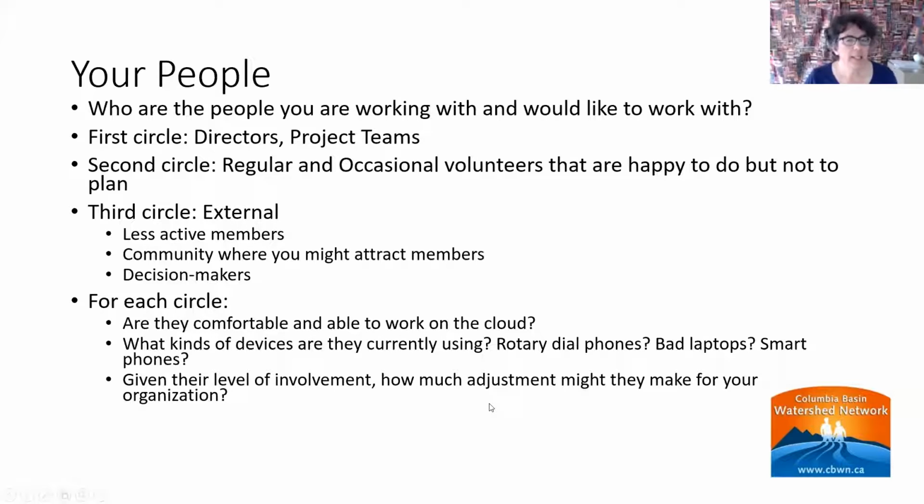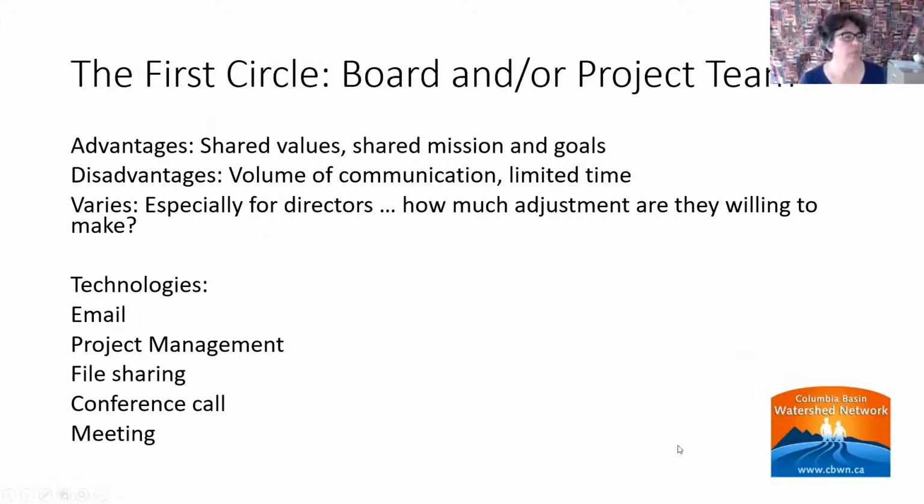And given their level of involvement and commitment with your organization currently, how much adjustment and new learning are you going to be able to help your people do? So I'm going to spend a lot of time just talking about that first circle, because when you're on a board or on a project team,